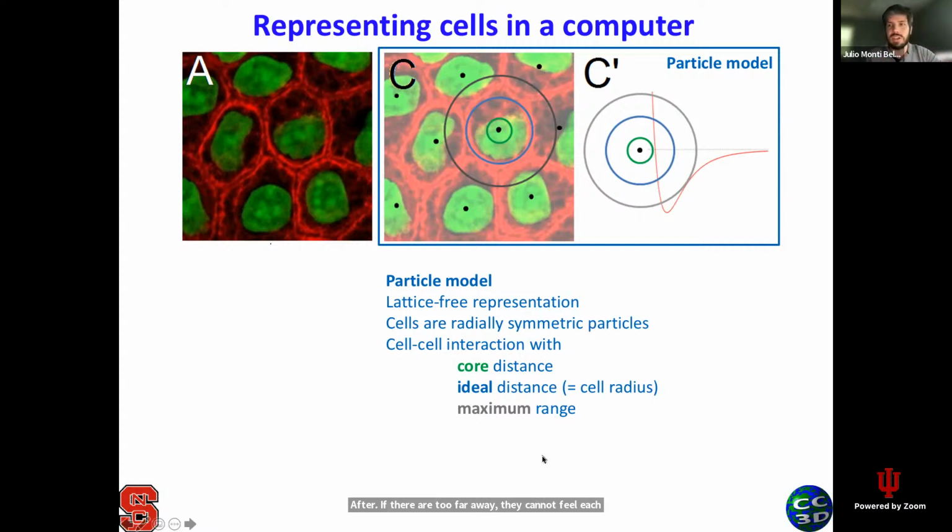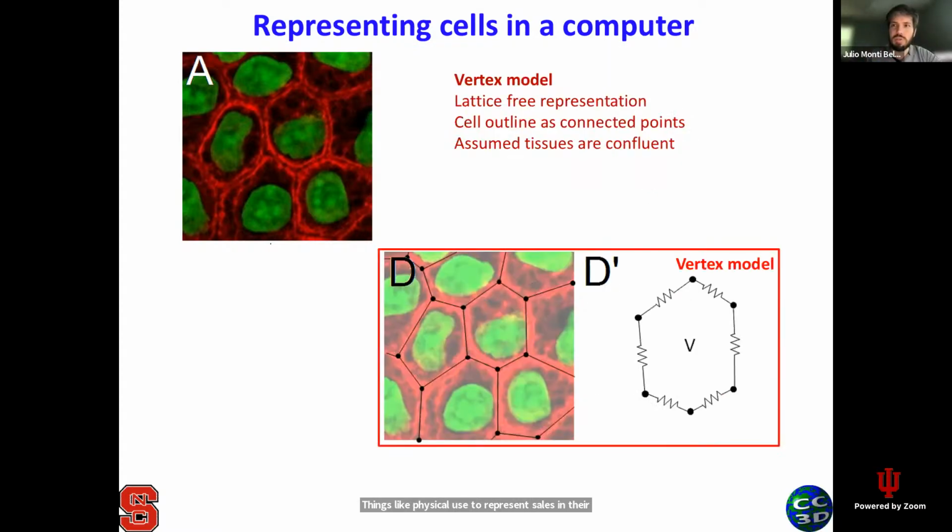So that's the approach that things like PhysiCell use to represent cells in their simulations. Okay. Another, moving out to a little bit maybe better approach, you can say, that takes into account the cell shape. One of them is the vertex model, where instead of modeling cells as points on a grid or a particle, you